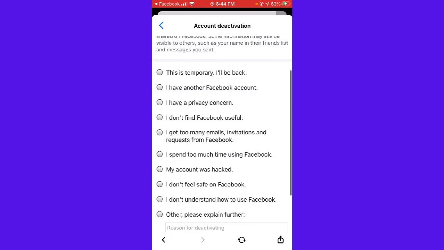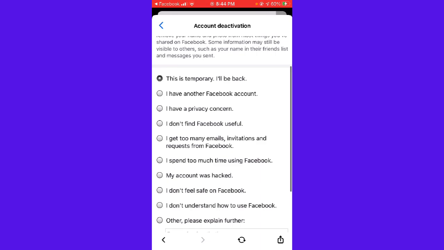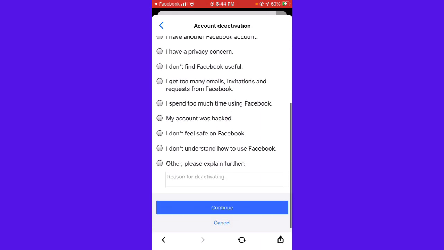Then here you need to choose any of these. What is your reason why you want to deactivate your account? And then just click continue,